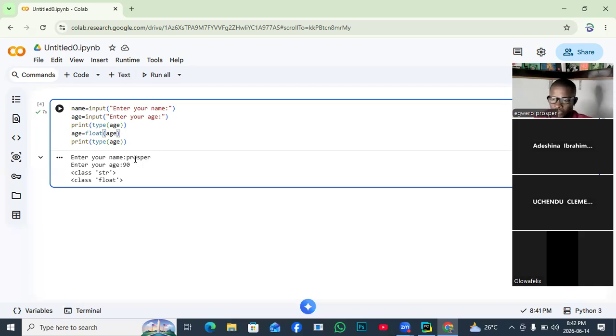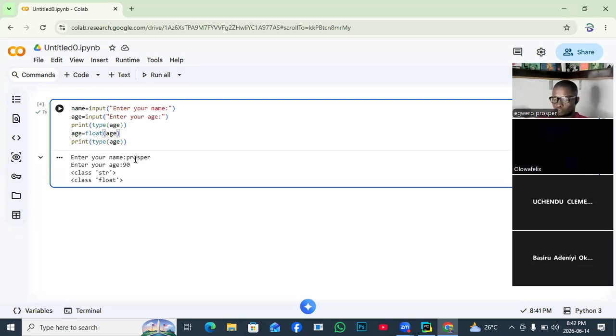Mr. Clement, by now you should have corrected or said where you got it wrong. So let me get that sorted out before I proceed with tonight's topic. Mr. Clement, can I get a response? I want to hear from you. I hope you have corrected your code with the illustration I just gave now. I hope you are hearing me. Okay, so